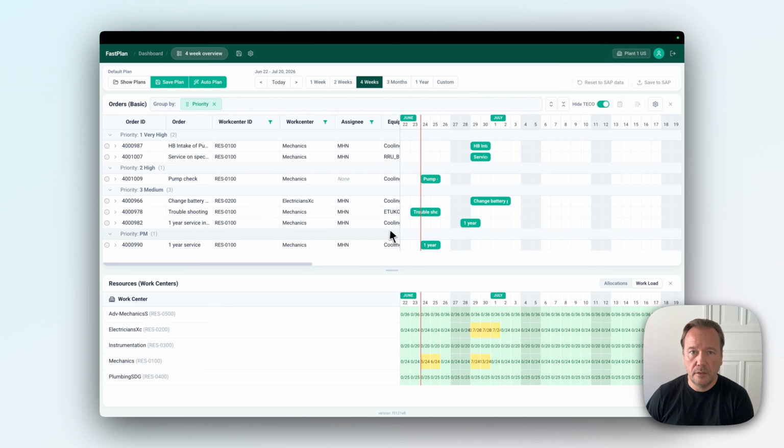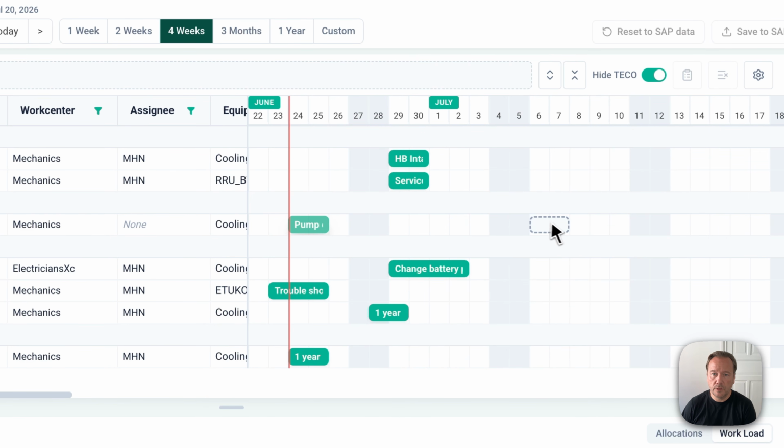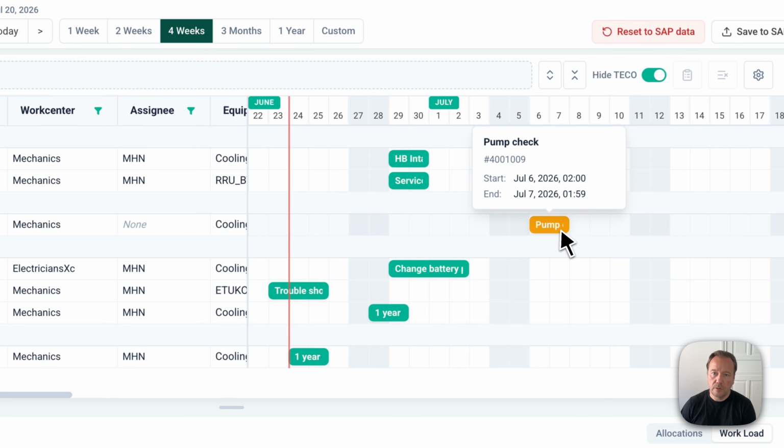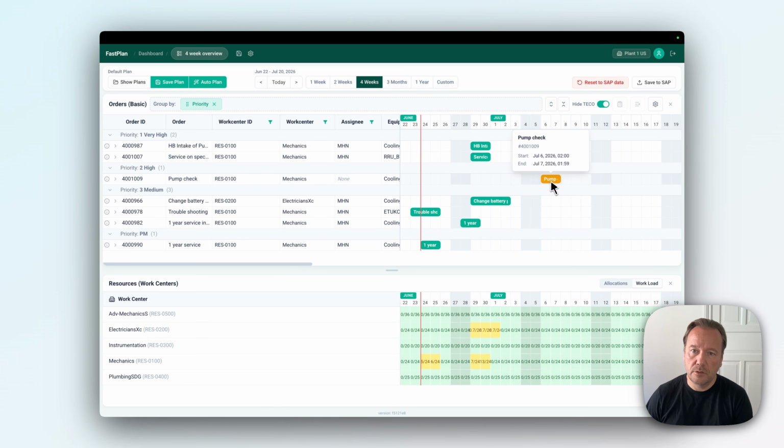Besides that, you can of course do your scheduling directly here in the visual interface. And the easiest way of doing it is just dragging the orders where you want them. So for instance, if I move this order out by a week, it will move to this place and change color to this orange color. And this has now been changed in my plan, but it's not yet saved in SAP,